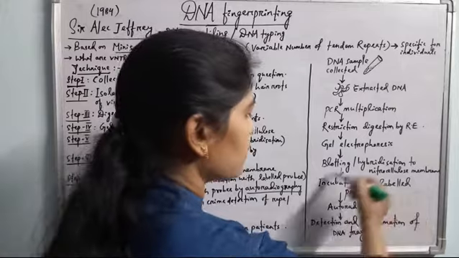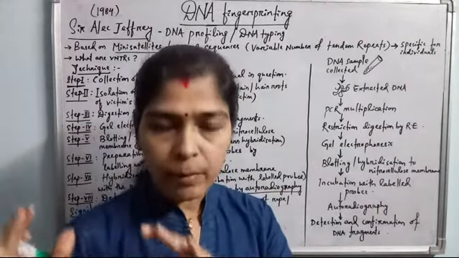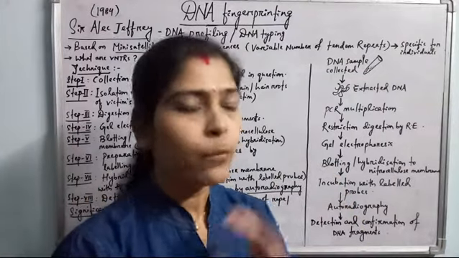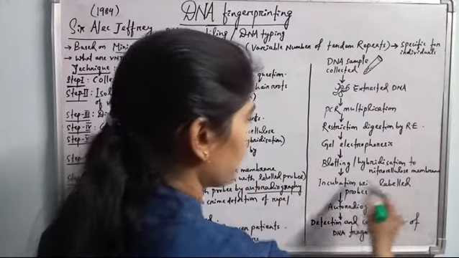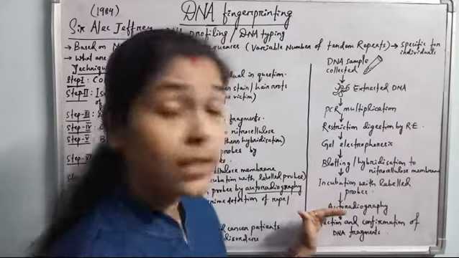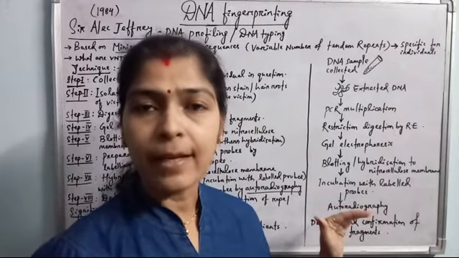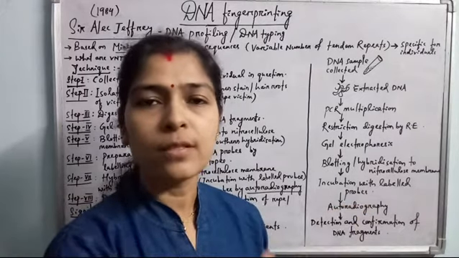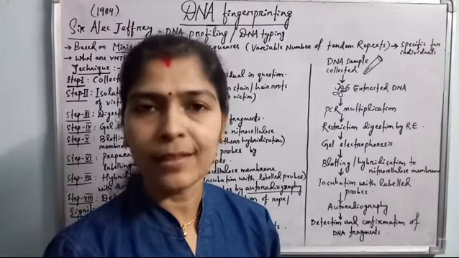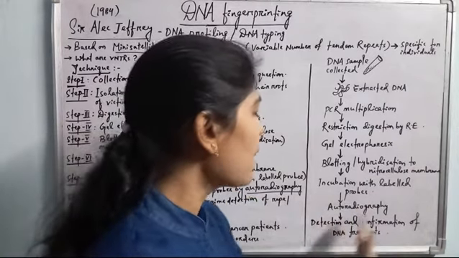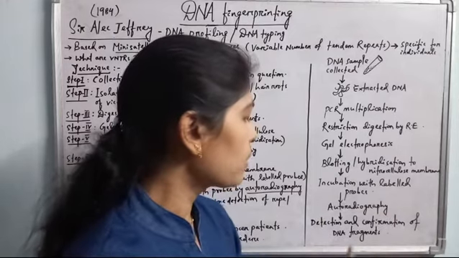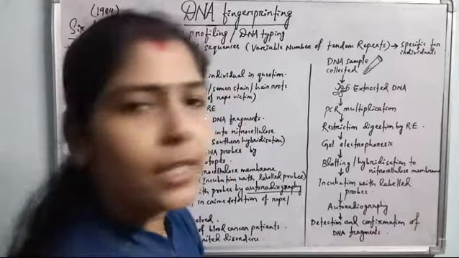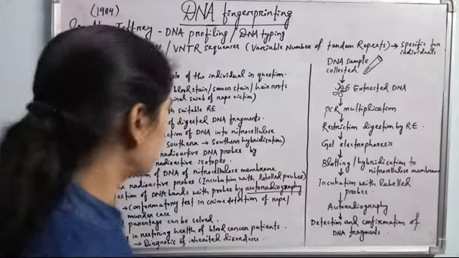Then incubation is done. Incubation means the nitrocellulose membrane having the single stranded DNA is dipped into the solution having the radioactive probes. So incubation with the labeled probes, and by the autoradiography technique, if any band pattern is complementary to the probe, then the probe gets attached to the single stranded DNA and the criminal can be detected easily. So by autoradiography, detection and confirmation of the DNA fragments is done. These are the steps of the DNA fingerprinting, or DNA profiling, technique.